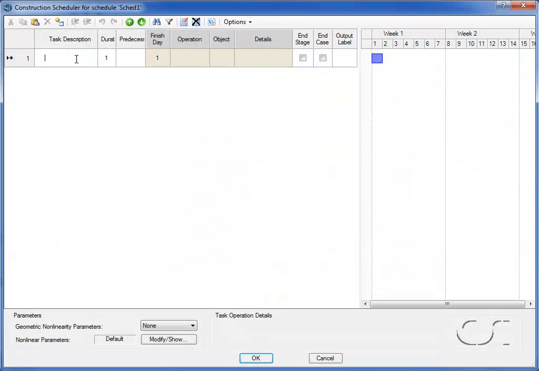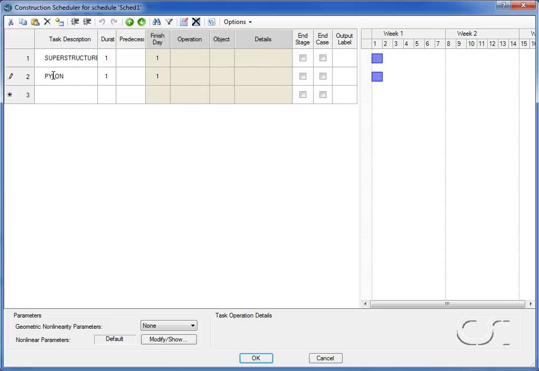We start by entering Superstructure as our first task description. This will be a summary task that will be used to group all the tasks associated with building the superstructure. The next task will be Pylon, with a duration of 7 days. It has no predecessor task,